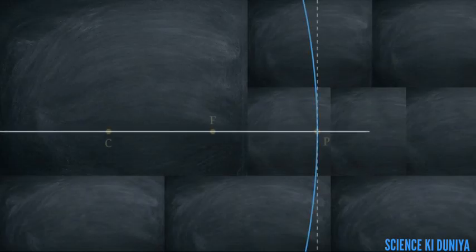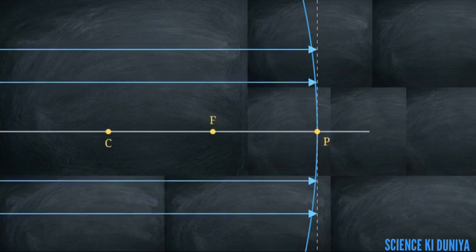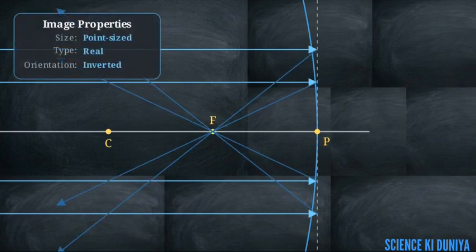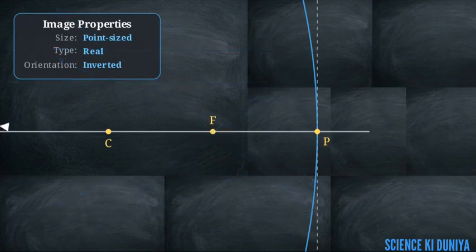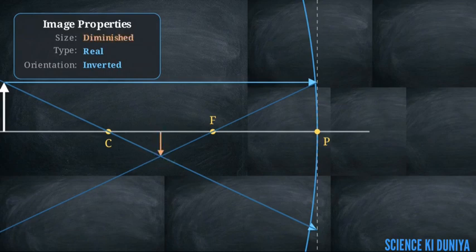Let's look at this concave mirror setup. If an object is infinitely far away, its incoming light rays run parallel. They hit the glass and converge exactly at the focus. As our checklist shows, this creates an image that is point-sized, real, and inverted. Move the object closer, sitting just beyond C, and our 2 golden rules kick in. The parallel ray goes through F, and the center ray bounces back. They intersect between C and F, creating an image that is still real and inverted, but diminished, smaller than the